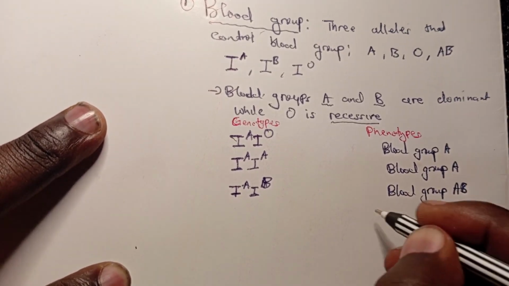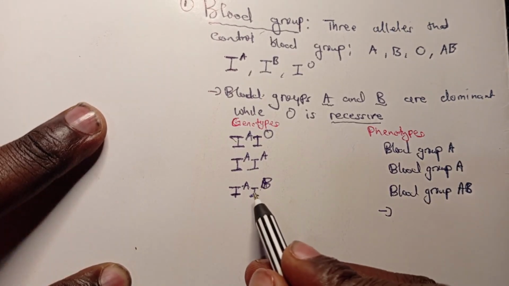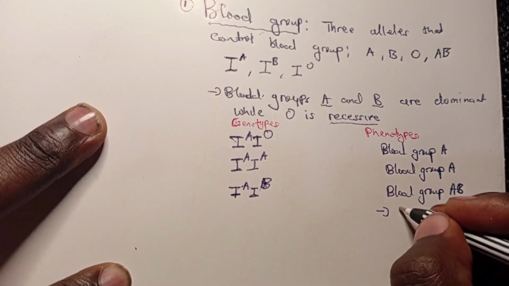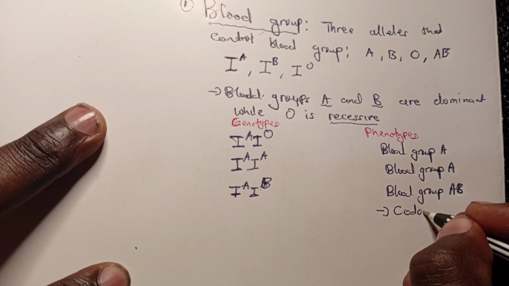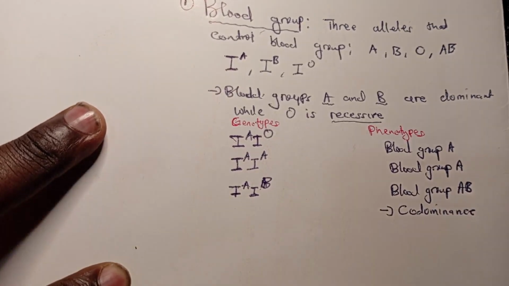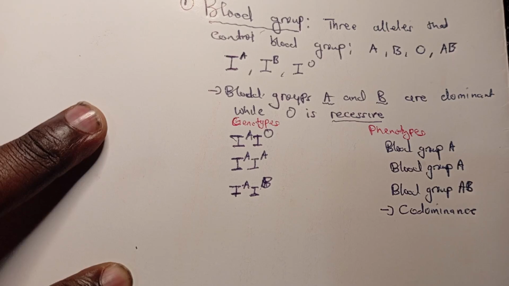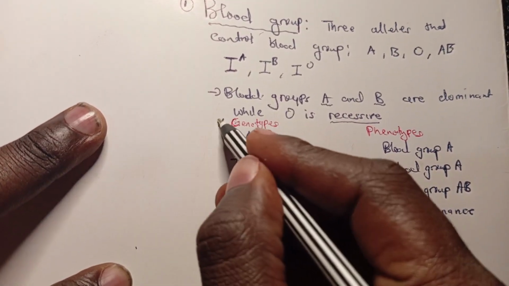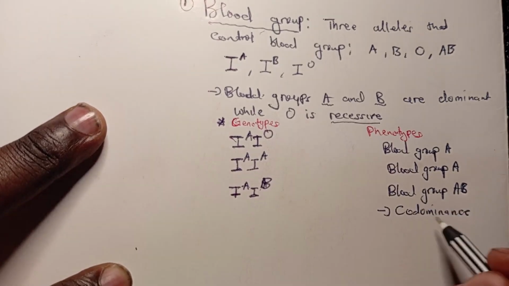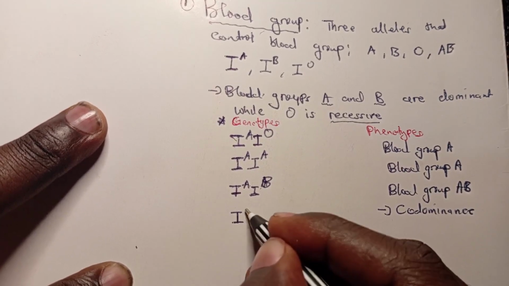Now, blood group AB is somewhat special because both of these two are dominant and they both express themselves. So we call this codominance. A and B are both dominant and they express themselves at the same time. This is a type of blood group that I have myself. Codominance. And then we also have blood group